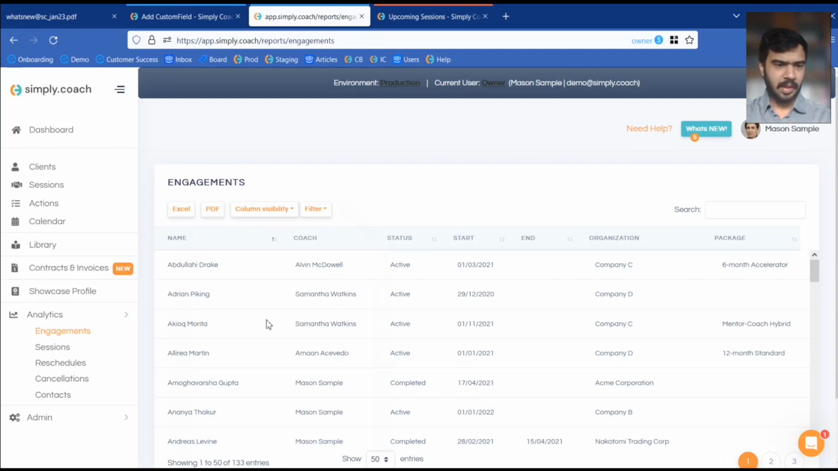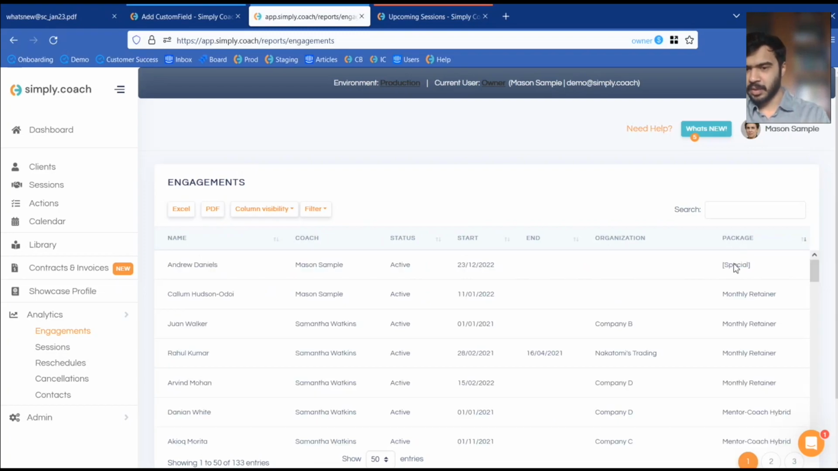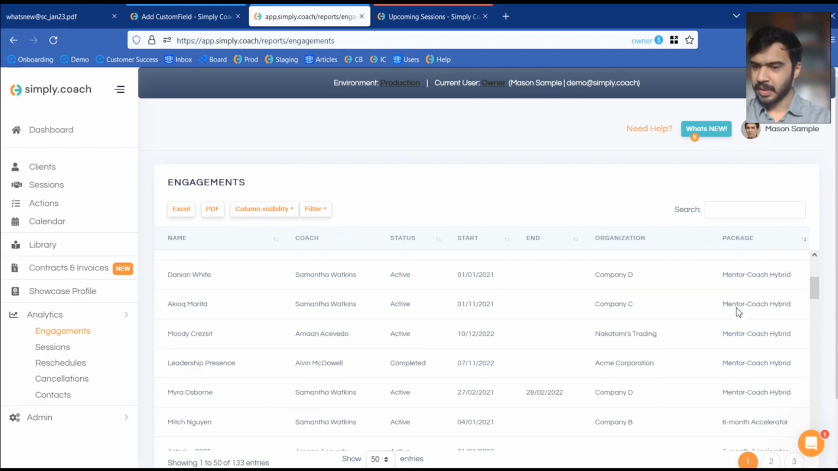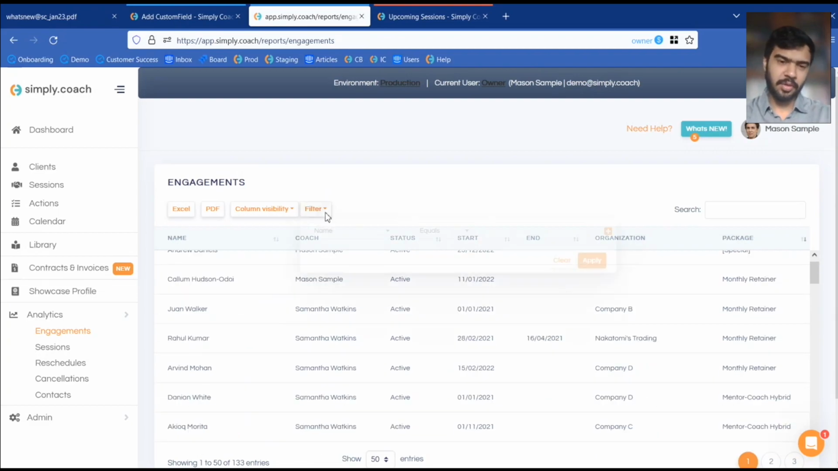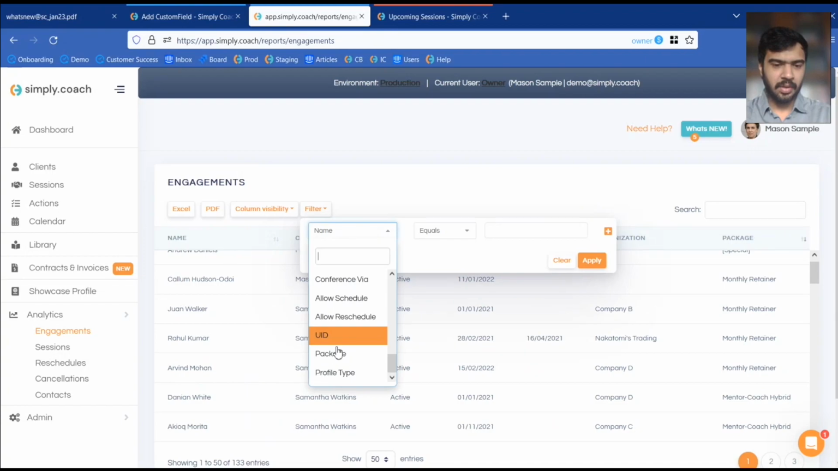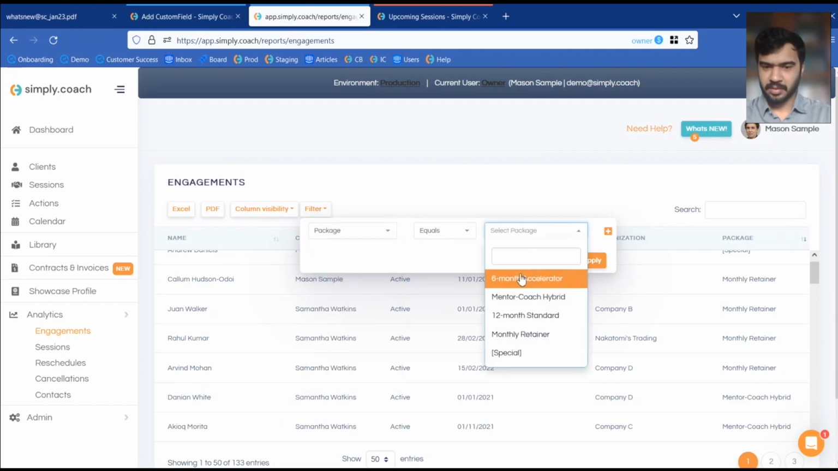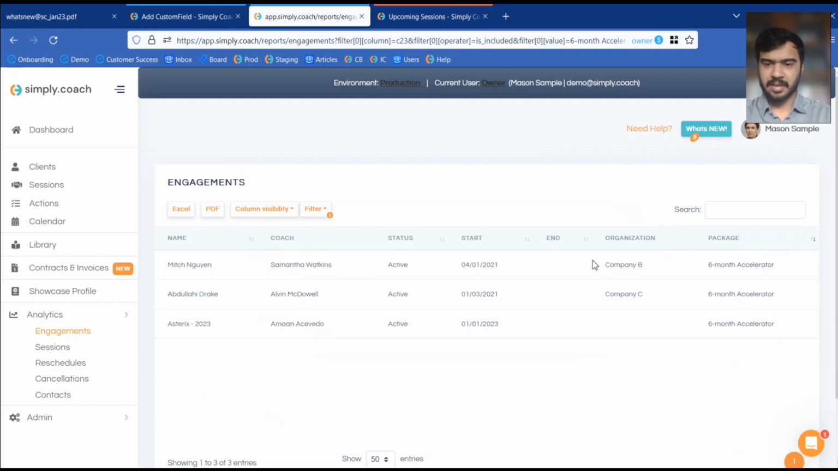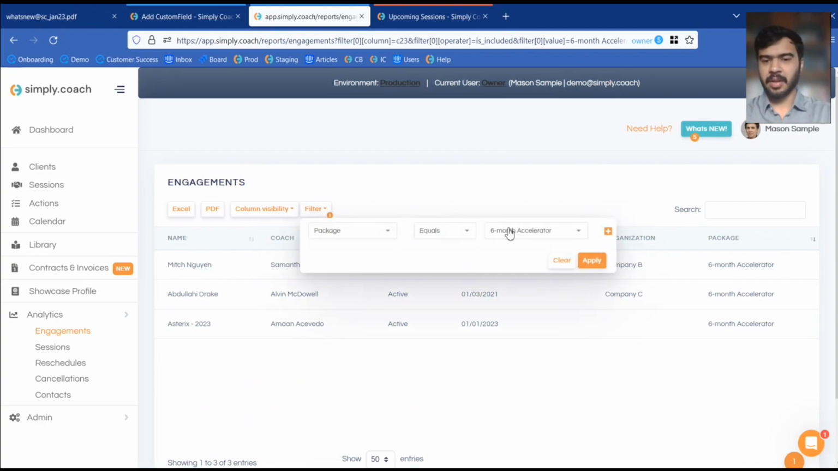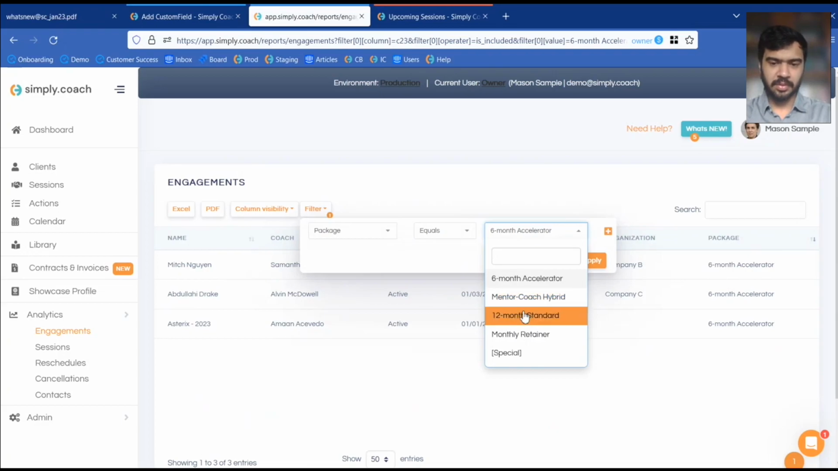So Abdullahi is doing a 6-month accelerator. Akio is doing mentor coach hybrid. Aliria is doing a 12-month standard. Again, that's great. I can filter this to show me only those that have a package assigned. Again, that's great, but show me only those who have the package of a 6-month accelerator. That's 3 individuals. Great. I can then accordingly filter out and say, okay, show me those who are on the